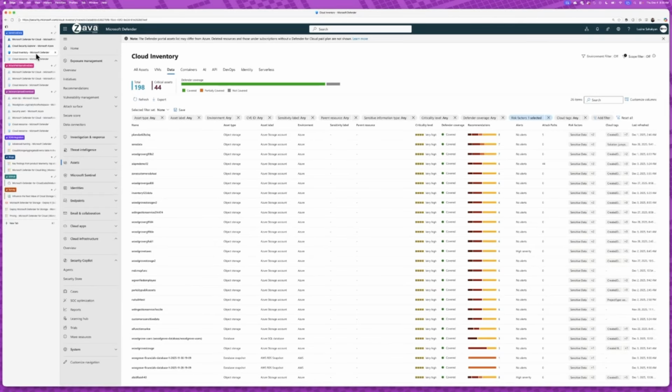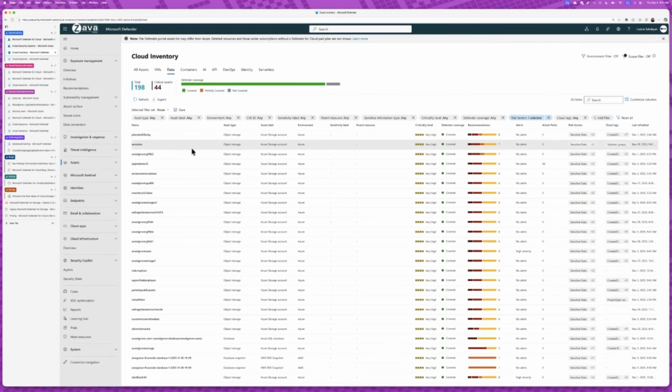For example, if I just go into security.microsoft.com and go into my assets in cloud inventory and go into data, I can include here a risk factor that says contains sensitive data. And this is going to show all of the storage accounts, S3 buckets, Google Cloud buckets that have sensitive information